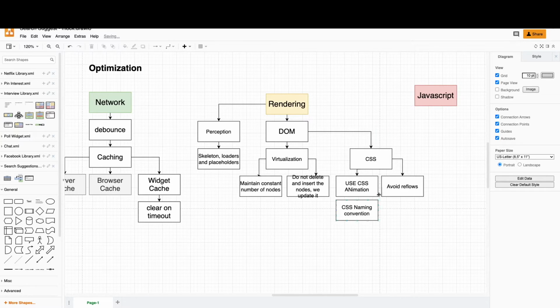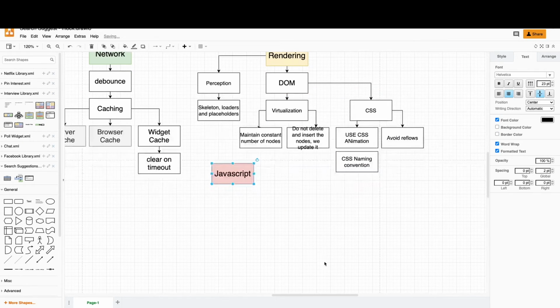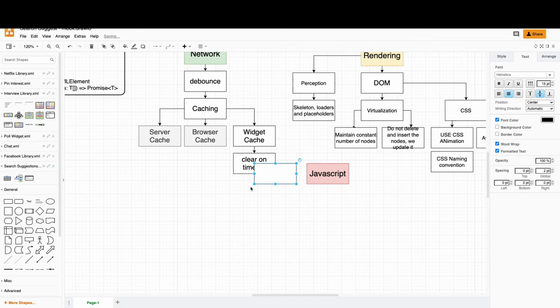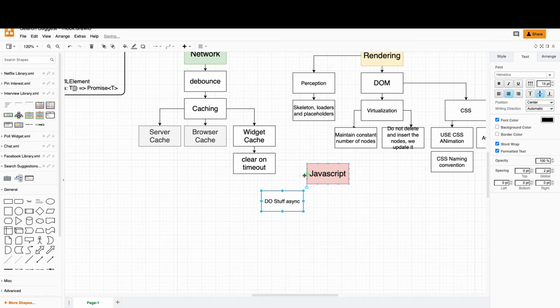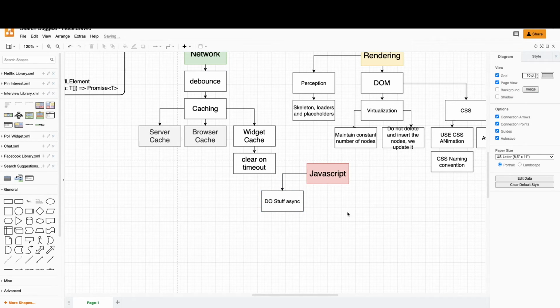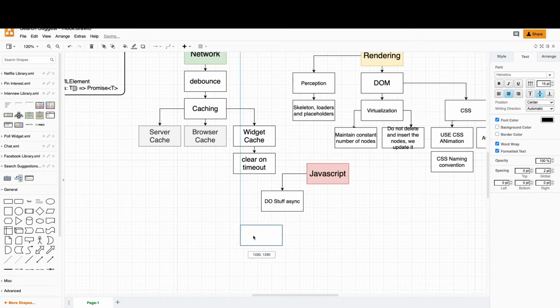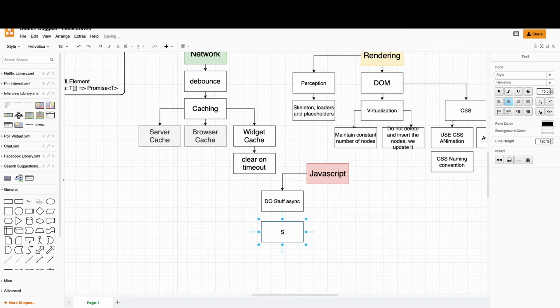What about the JavaScript performance? This is quite simple. For JavaScript performance, we need to do stuff async. Imagine that we have static data of about 1,000 elements, and we'd like to filter this. If we filter this directly with the plain filter function, our application can lag because we block the UI thread. For that, we can use web workers